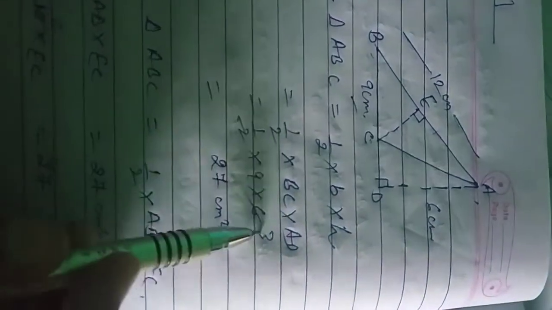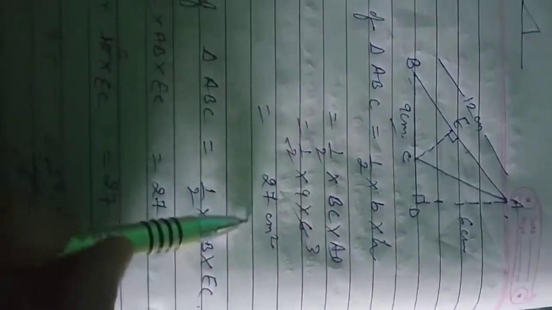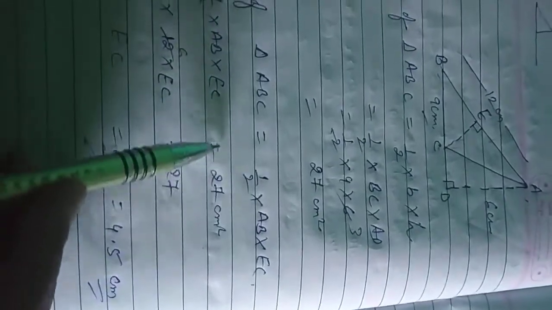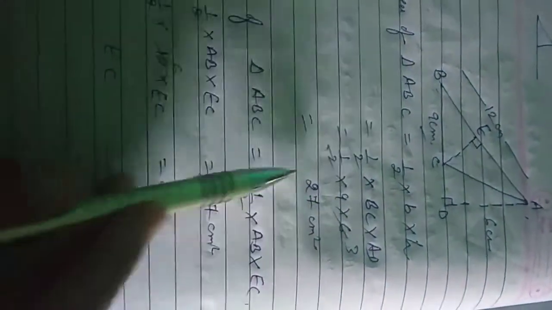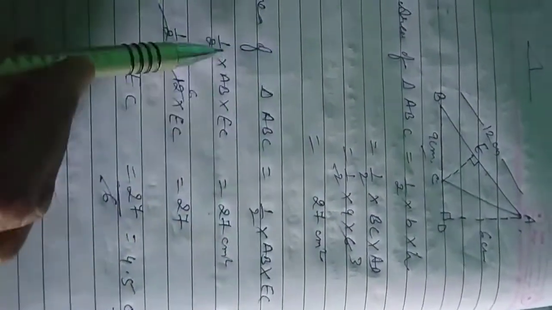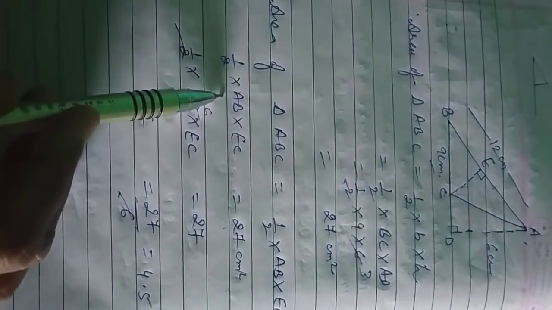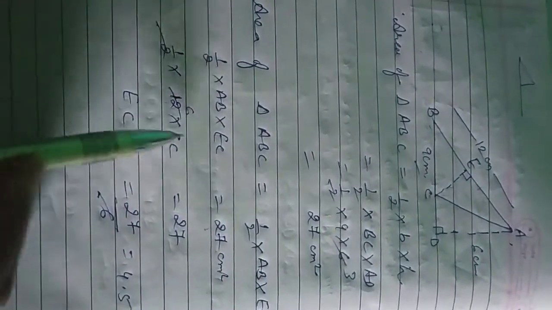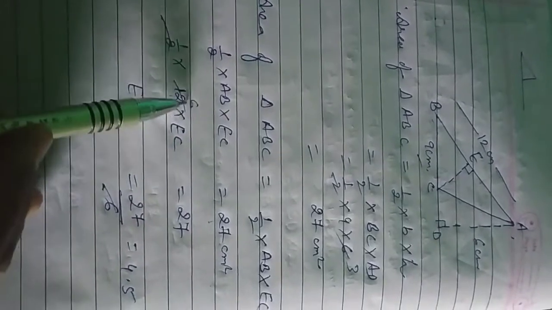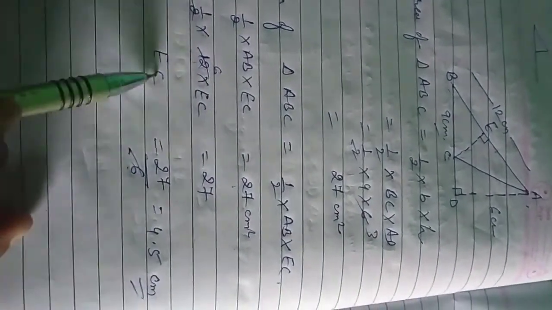Okay. Now just cancel out, 2 3s are 6, 9 3s are 27 square centimeter will be the area of this triangle. Now again we are going to find out the area of this triangle ABC to find out the value of EC. So half into, this time base will be AB and height will be EC. Okay, but the area as we have taken out before, we can put here because both are the same triangle, and here AB into EC we will write, and the value of AB is given 12 centimeters, so we will write EC, we need to find. So just cancel out 2 6s and this 6 will come in divide. So EC value we will get 4.5.